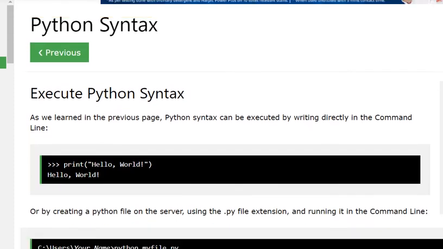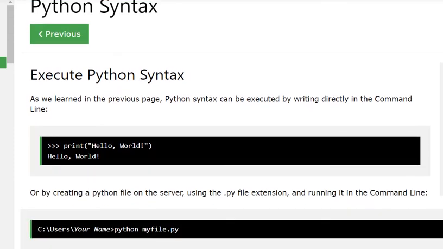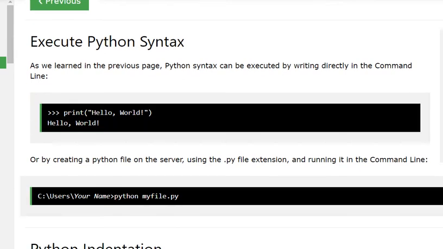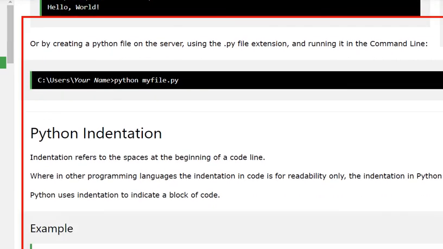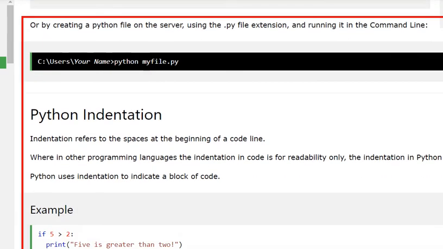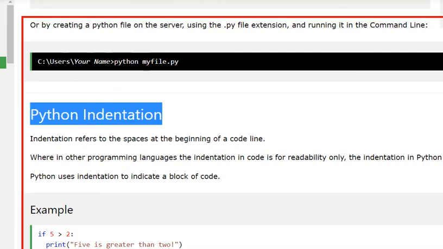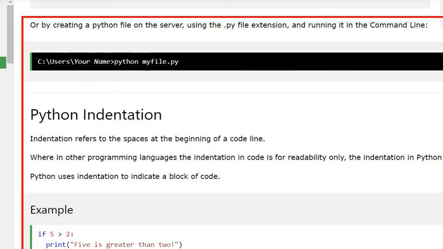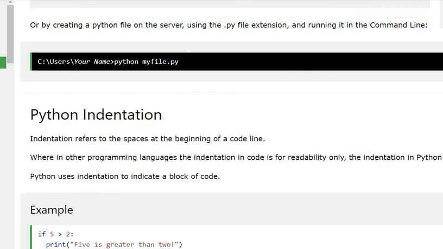Also you can execute syntax to see how it will look. The main thing I will talk about is indentation. So what is indentation? Indentation refers to the spaces at the beginning of your code line. For example, here you can see,